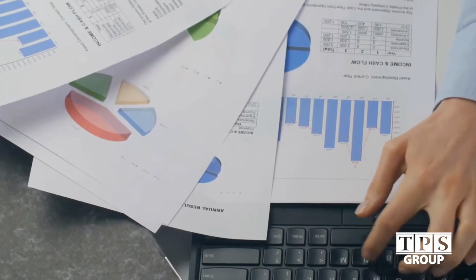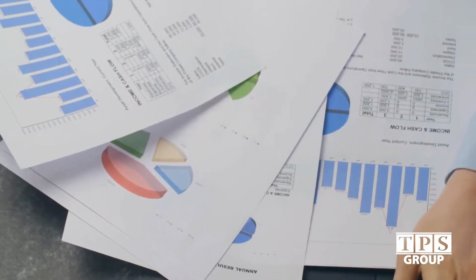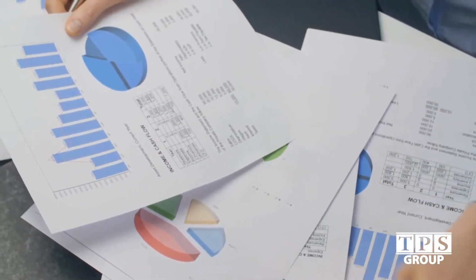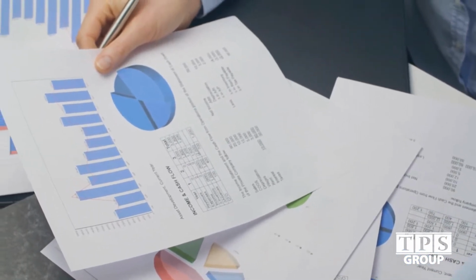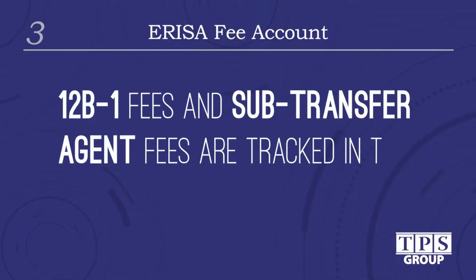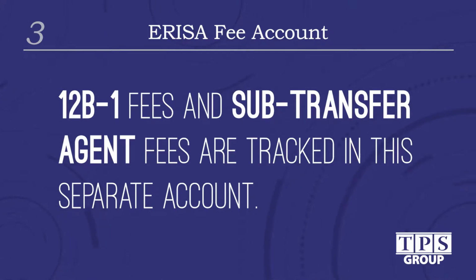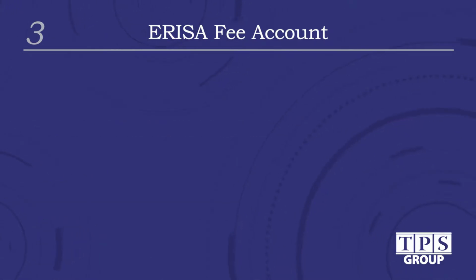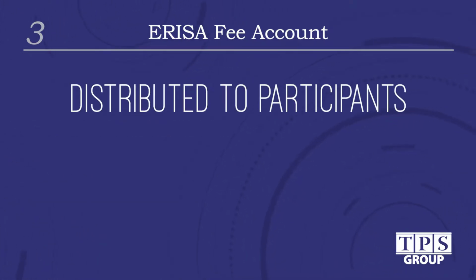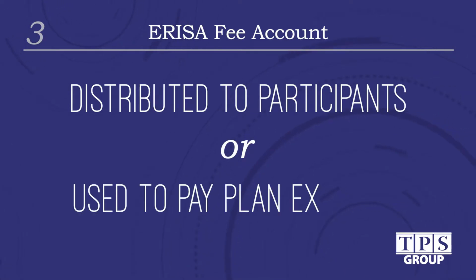Your third option is to pay for plan expenses using an ERISA budget account. If you have a 401k or a similar plan, you may have an ERISA budget account for revenue sharing fees paid by mutual funds. 12b1 fees and subtransfer agent fees are tracked in this separate account within the plan. The balance in this account may be distributed to plan participants, or it may be used to help your company